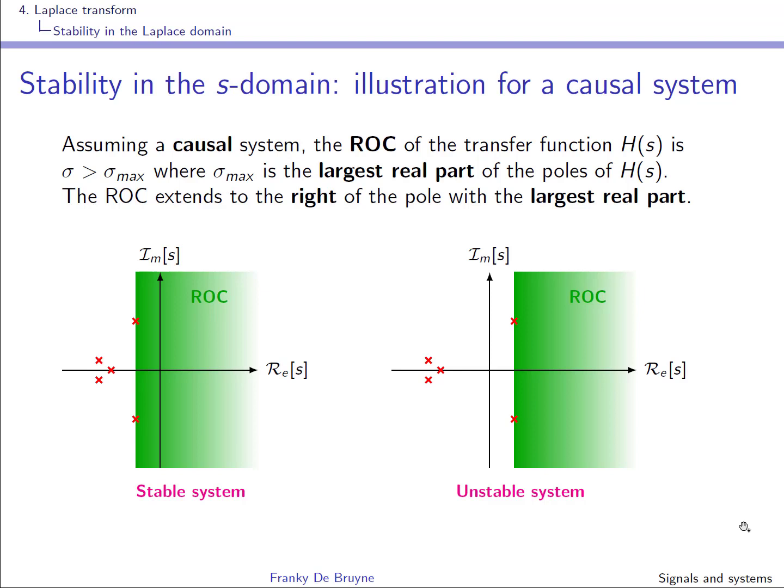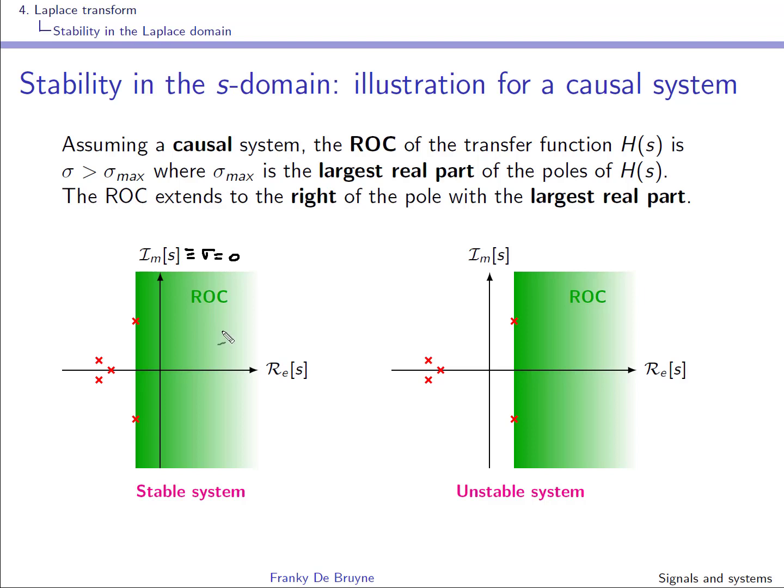So if all poles are to the left of the imaginary axis, obviously the region of convergence will include sigma equal to 0, and the imaginary axis can also be written as sigma equal to 0,